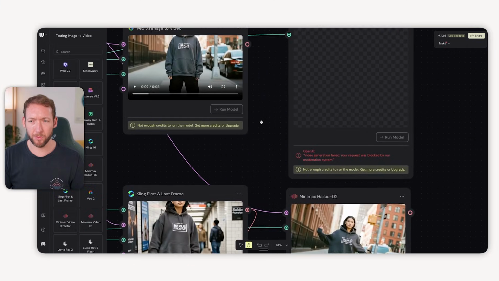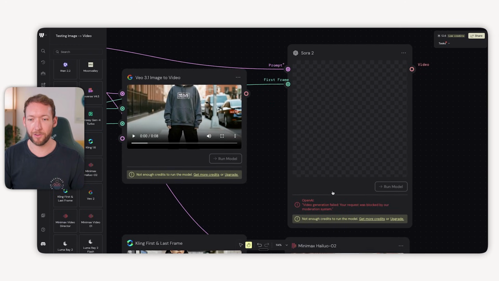So what we're looking for is, has it adhered to that prompt of the 360-degree spin? Does it capture the motion of the character? And does it capture the motion of the brand and maintain that brand consistency? And again, we've run it with the same 4 models, but something that kept coming up in testing here is